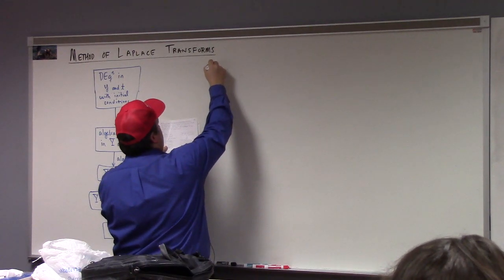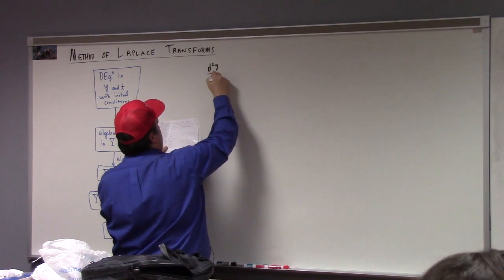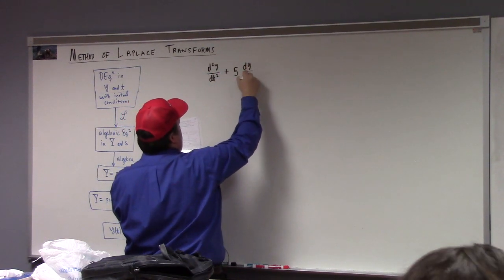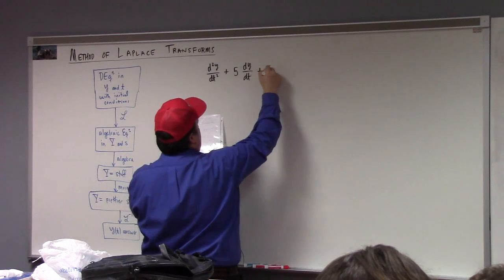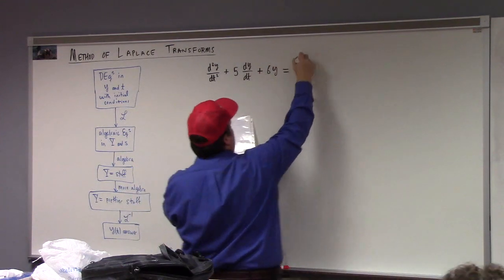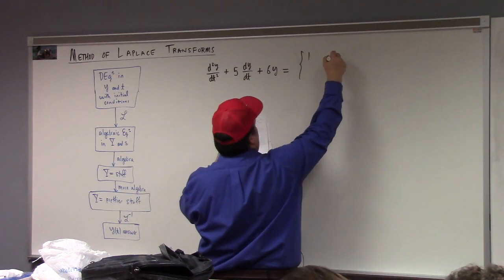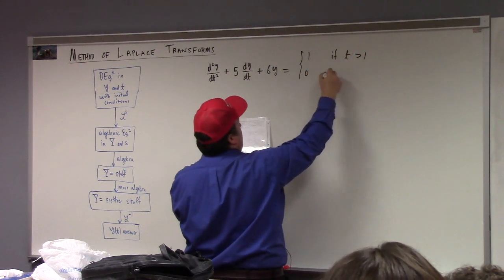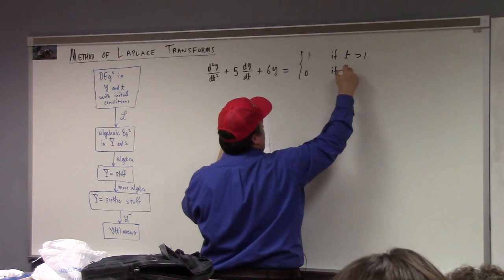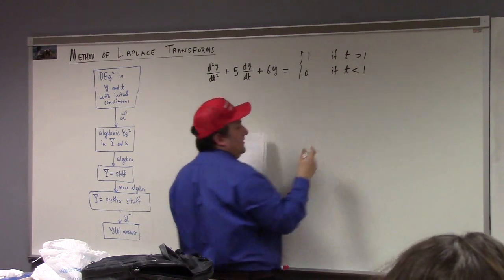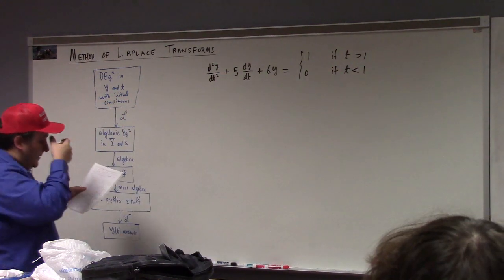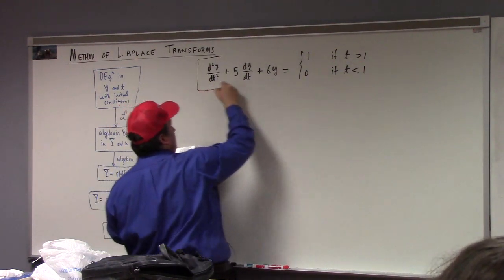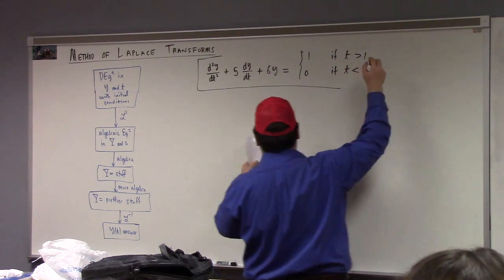So if we start with d squared y dt squared plus 5 dy dt plus 6y equals 1 if t is greater than 1, and 0 if t is less than 1. So this would be a discontinuous forcing function, right? So here's the starting point. This is a given, and also